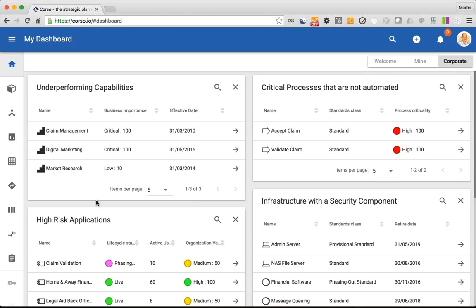So if I'm an executive in the organization, I could look at underperforming capabilities. So these are business capabilities, things like claims management, supplier management, managing the sales process. So these are all types of capabilities, and there's a few being shown here. The business importance is being shown as an attribute, and what date these were effective at. So when were these capabilities effective in the organization? So again, what we're doing here is we're elevating up into a dashboard